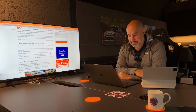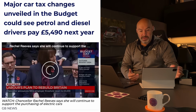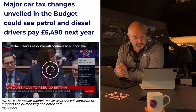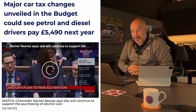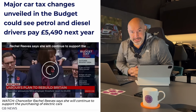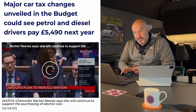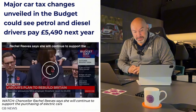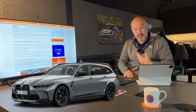Let's go through new cars, because this is where there's some massive tax rises. I've got some statements here. On a new vehicle with over 255 CO2, the tax is doubling. So it's 2,745, doubling to over £5,490, which is a massive increase. Now, it's quite interesting because I've ordered, as a next daily, an M3 Touring, and the tax is going to be quite high now. So I've got to make sure that arrives before April 25, or I'm going to have an additional